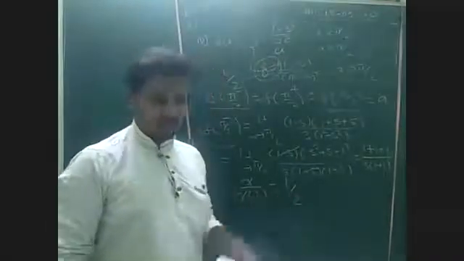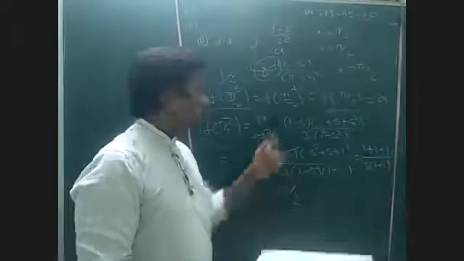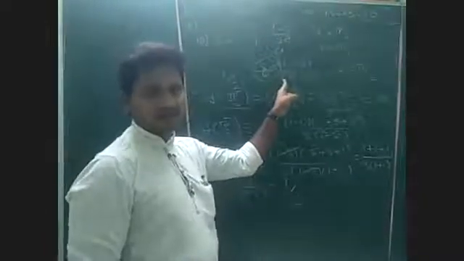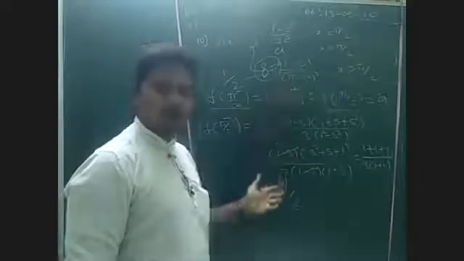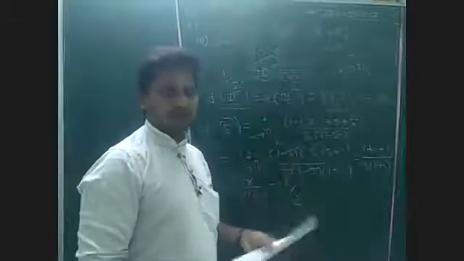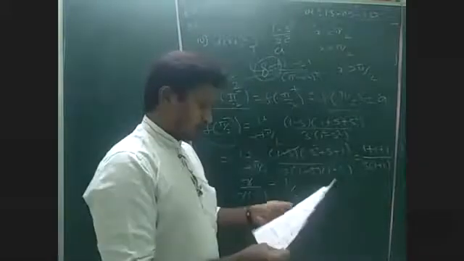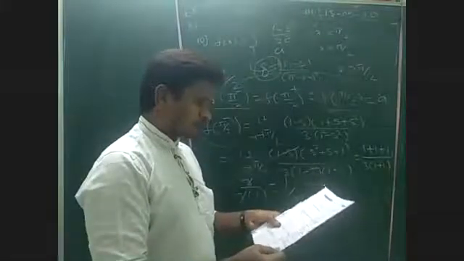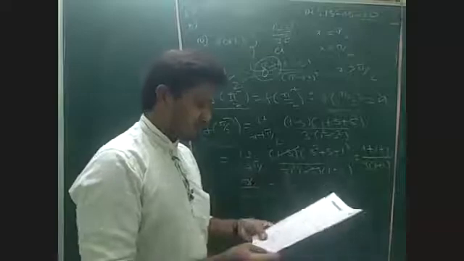The A value is 1 by 2. The first option is right. If the A option is wrong, then you can find the right hand limit, and you'll get one of the B values. That B value will be right. Okay, so for the 10th question the option is 1. Coming to the 11th question.